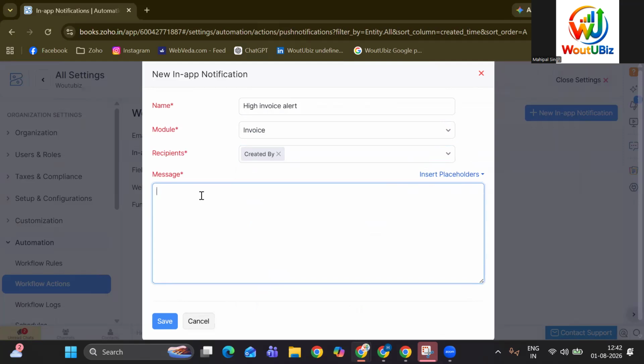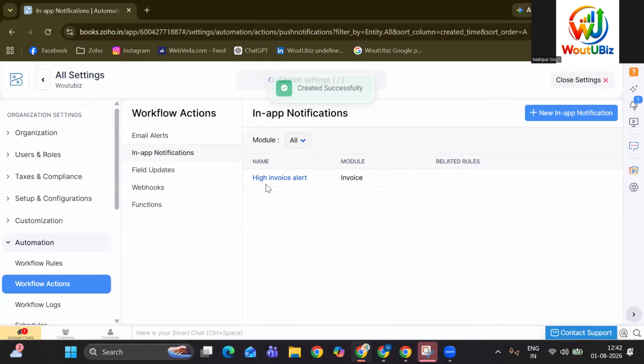In this, I will provide: if an invoice is greater than 50,000, then provide an alert, provide a notification. Once I click on save, you can see in-app notification, our new invoice alert is also saved.